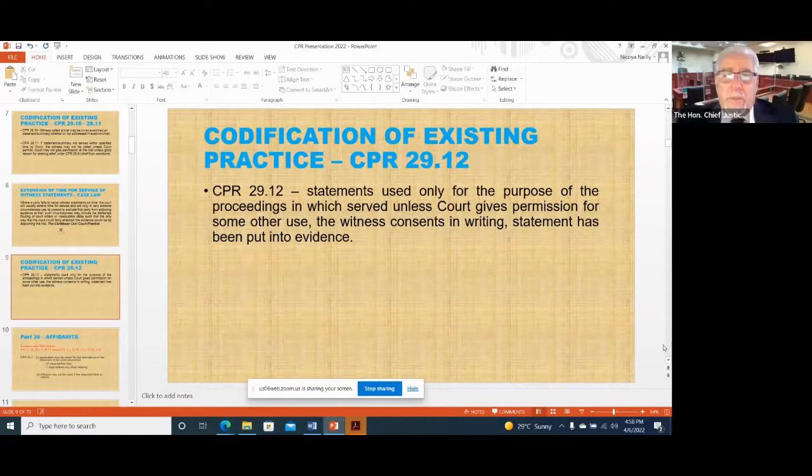Well, let me just pull up the question. Is evidence by video link now going to be the norm or only in certain circumstances? Or attachments to witness statements required? Okay, on the first point, I guess I would answer it this way. And this is subject, of course, to any further practice directions issued by my successor. But at the moment,